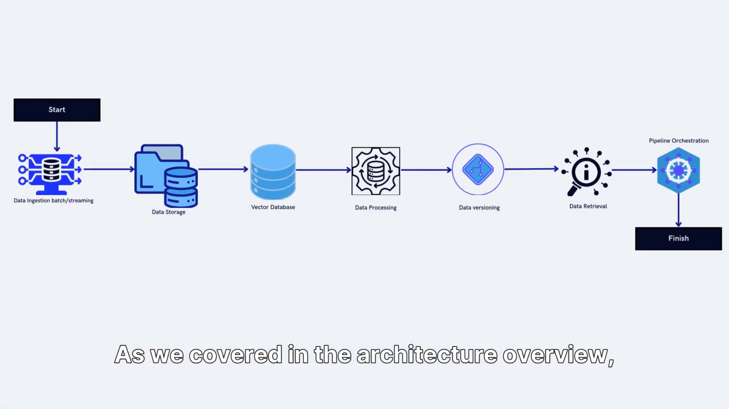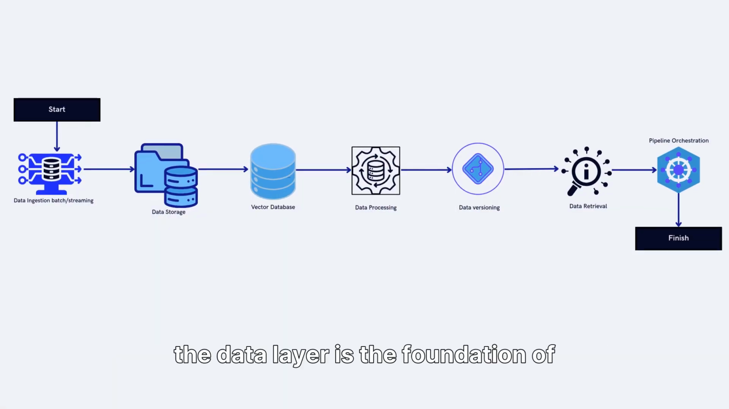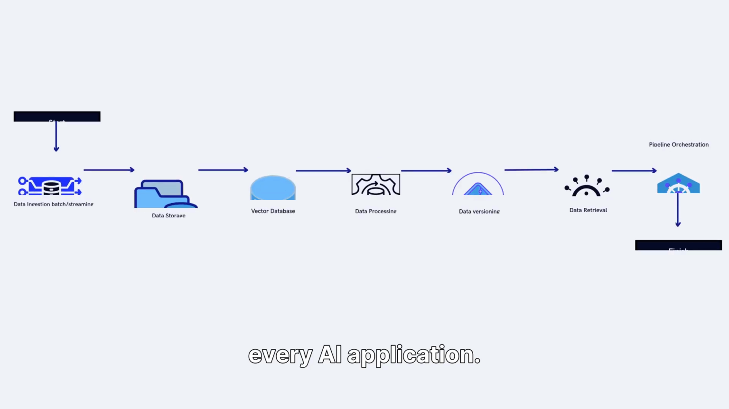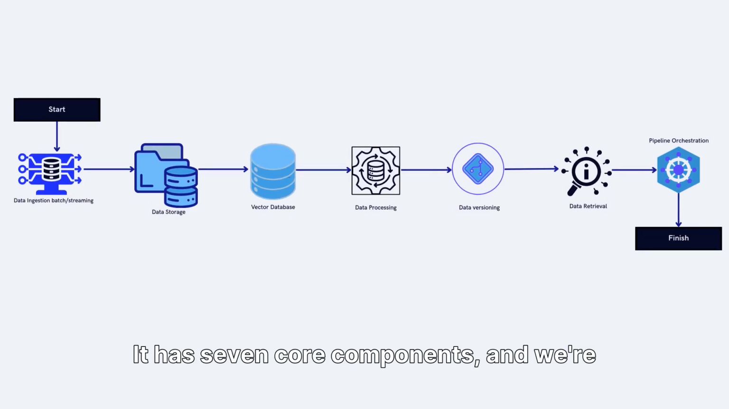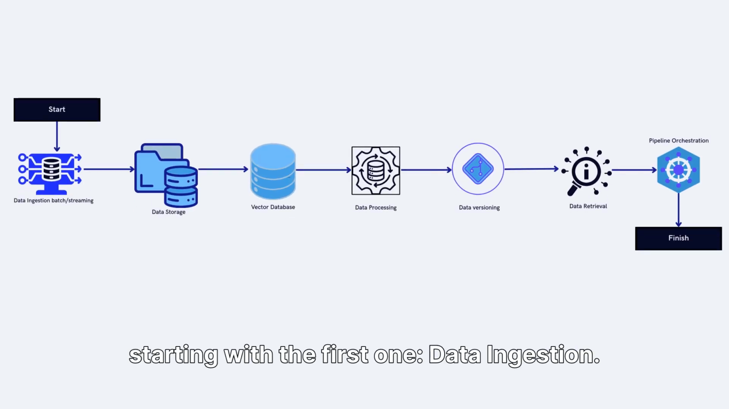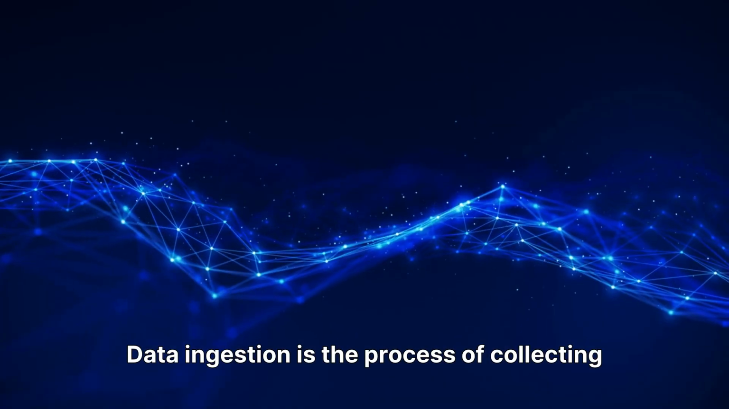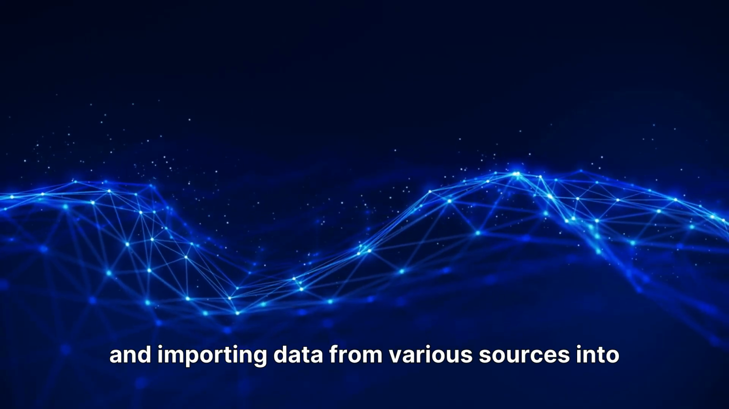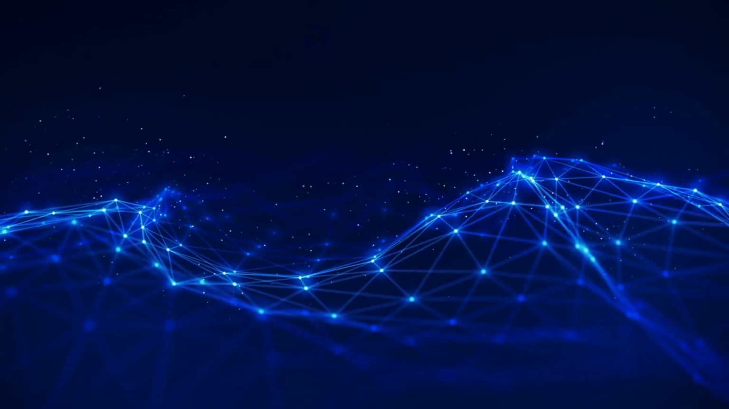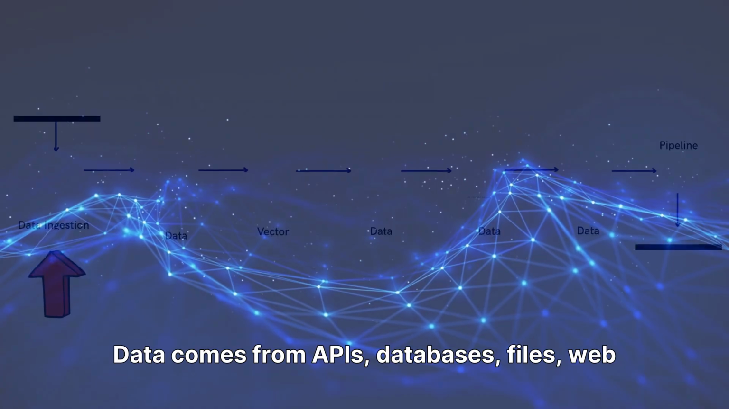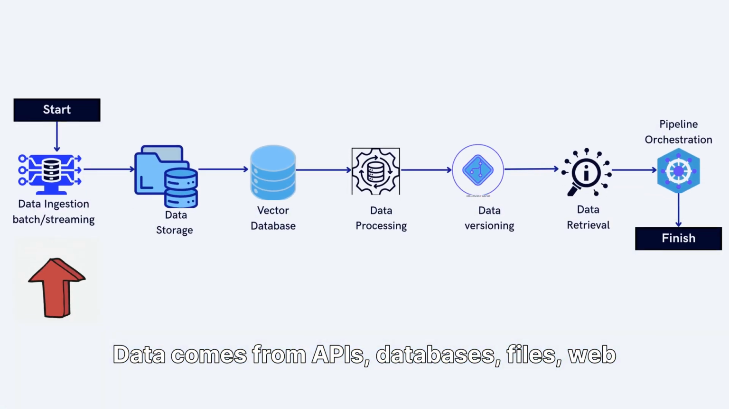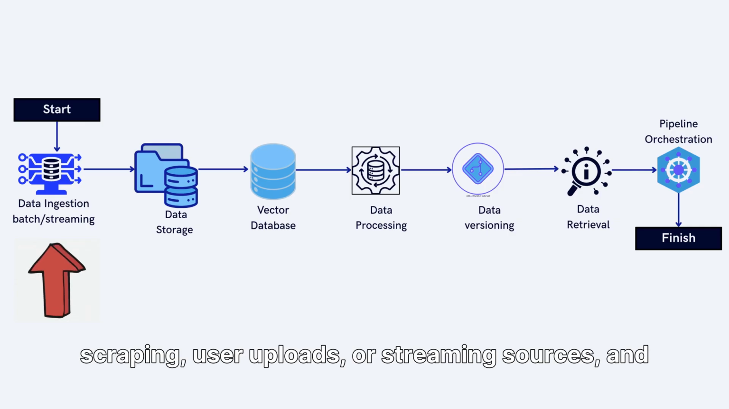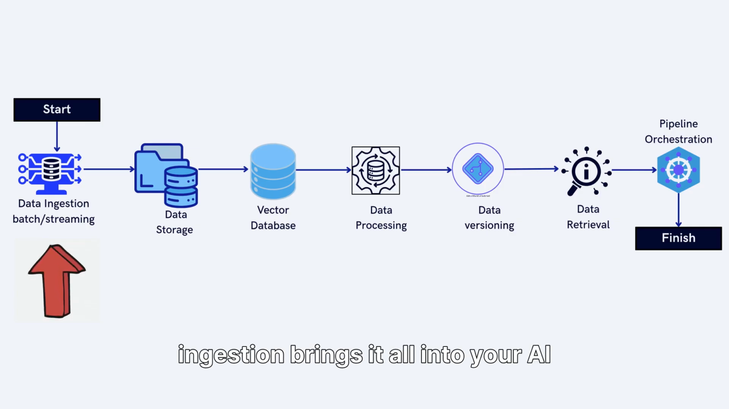As we covered in the architecture overview, the data layer is the foundation of every AI application. It has 7 core components, and we're starting with the first one, data ingestion. Data ingestion is the process of collecting and importing data from various sources into your system. Think of it as the entry point. Data comes from APIs, databases, files, web scraping, user uploads, or streaming sources, and ingestion brings it all into your